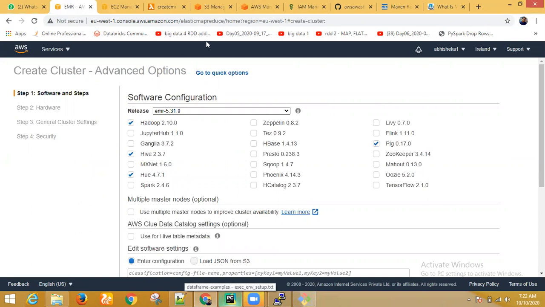You can say Hadoop, Hive, Pig, Spark, HBase, Presto, Sqoop. Whatever software you want, you can specify it here. Once you install that, then you can access those services there. Okay, got it.